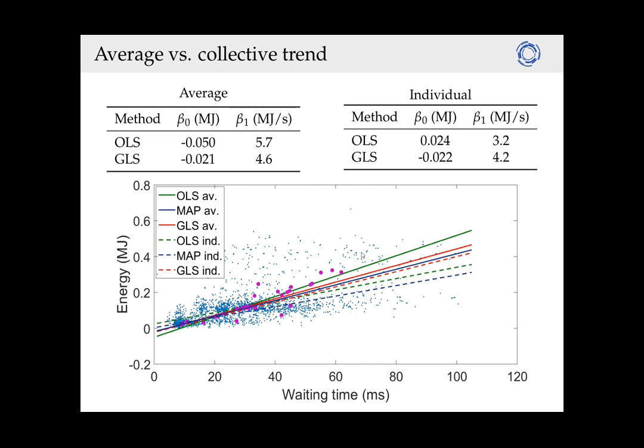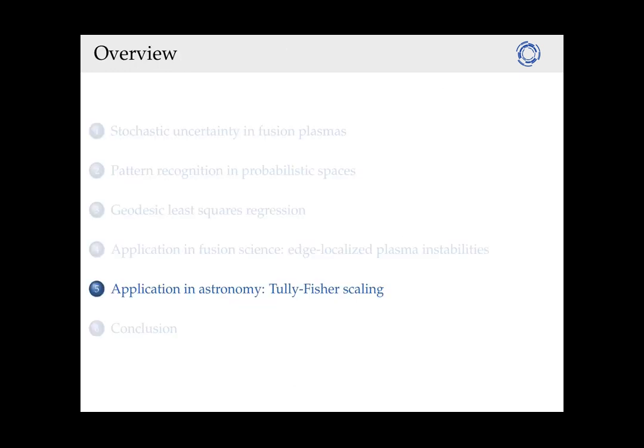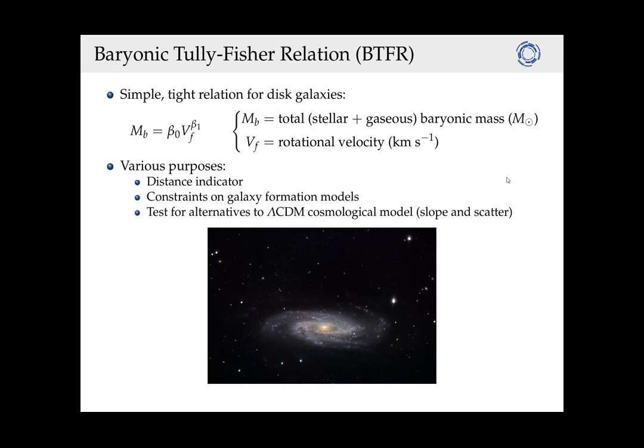So it turns out that geodesic least squares gives us much more consistent results between the average and the individual quantities. Okay, and then finally we go to our second application in astronomy. This is about a very important scaling law in astronomy called the baryonic Tully-Fisher relation. And it's a very simple and very tight relation for disk galaxies between the total baryonic mass in the galaxy